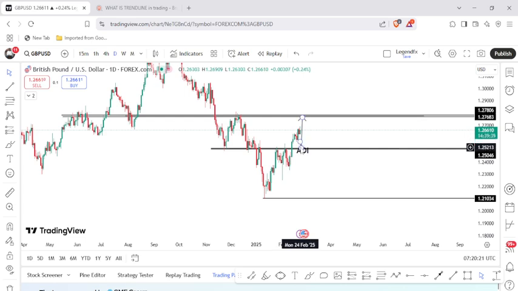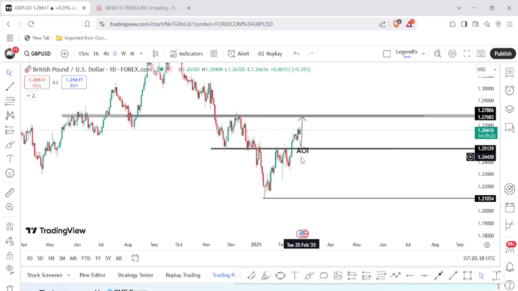This was where I was waiting for a quick buy, but for some reason it failed to come back here, and I let it go. So now the question remains: are we in a bearish phase or a bullish phase? I still maintain my stand that GBP is still bearish technically from the weekly standpoint.